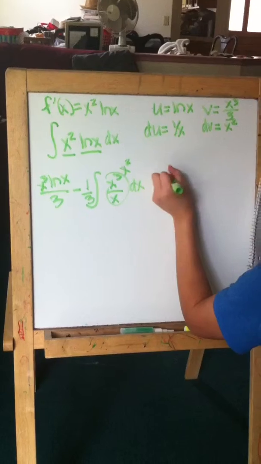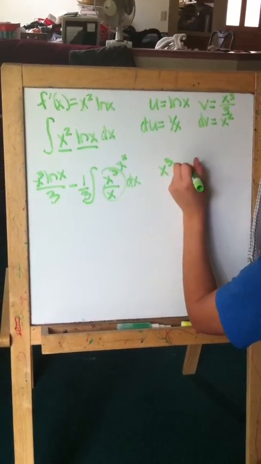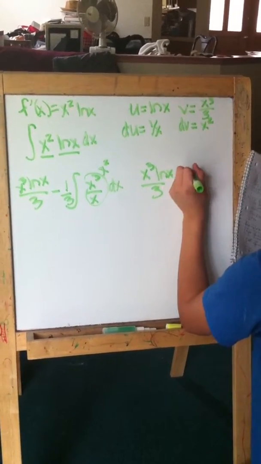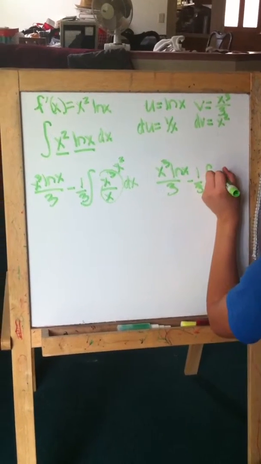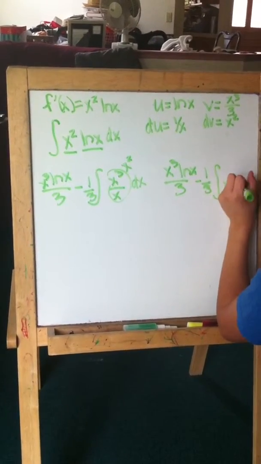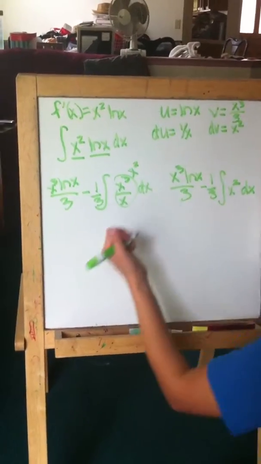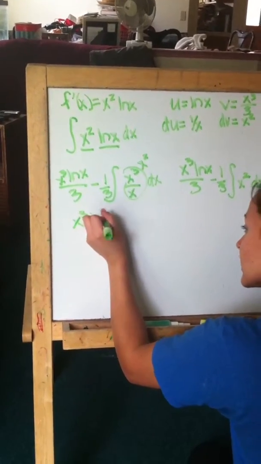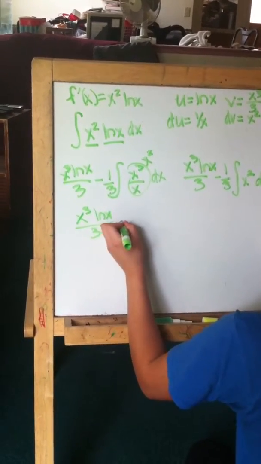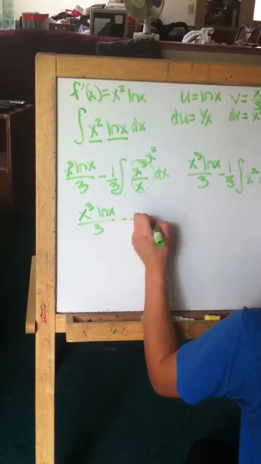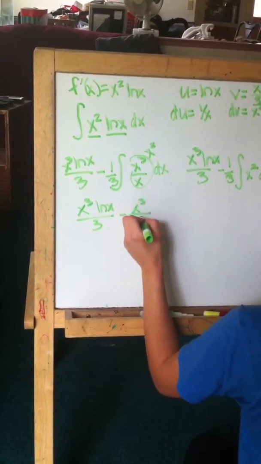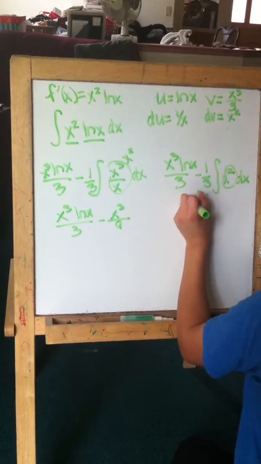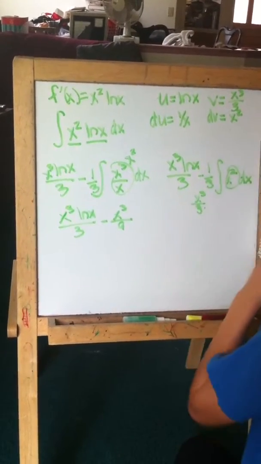When you simplify, it's x cubed ln x over 3 minus 1/3 the integral of x squared dx. When you solve, it looks like x cubed ln x over 3 minus x cubed over 9, because the antiderivative of x squared is x cubed over 3, and 3 times 3 is 9,